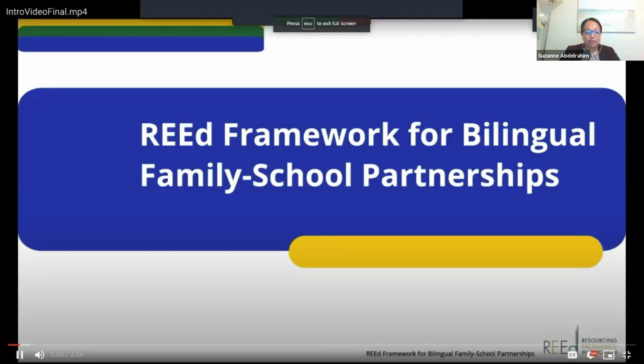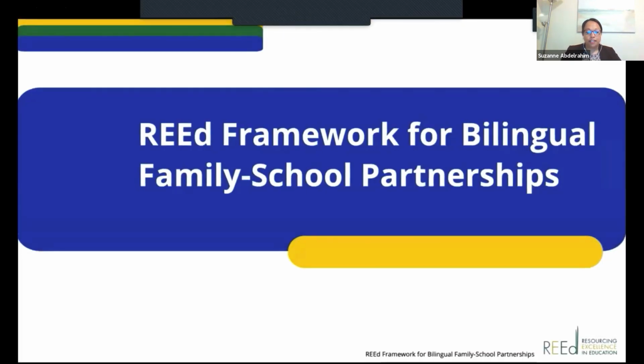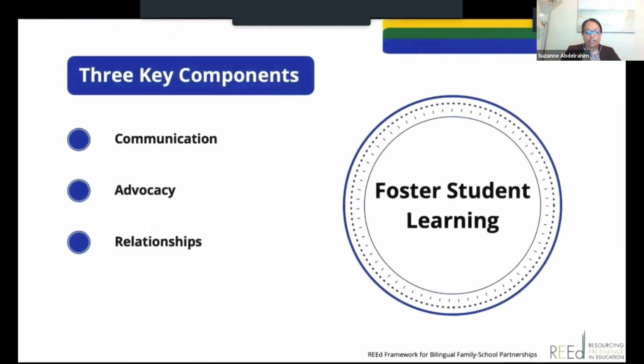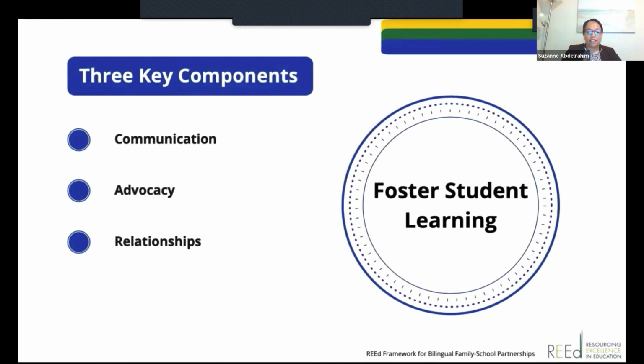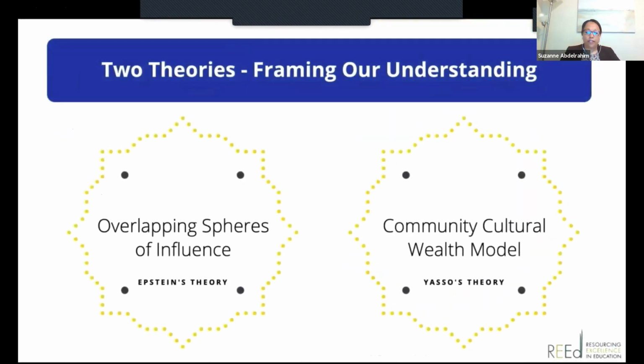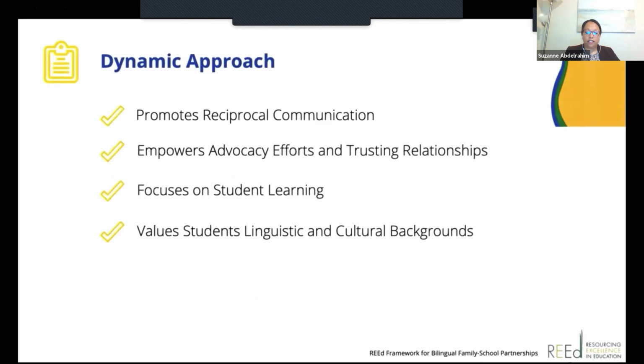Welcome to the READ framework for bilingual family school partnerships. This framework consists of 3 key components: communication, advocacy, and relationships that serve to foster student learning. We situate our framework within 2 theories of family engagement: Epstein's theory of overlapping spheres of influence and Yosso's community cultural wealth model. When schools connect home languages to language and learning at school, the result is increased student achievement. Our dynamic approach promotes reciprocal communication, empowers advocacy efforts and trusting relationships, focuses on student learning, and values students' linguistic